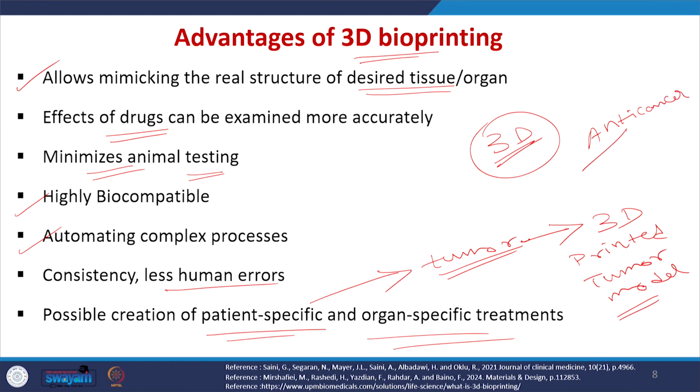For example, you are having anti-cancer drugs of two types, A and B, and we can study the efficiency of these anti-cancer drugs on this 3-dimensional tumor model, and suppose if the anti-cancer drug A is efficient, then we can give this particular drug to the particular patient. So, in this way we can improve the efficiency of the cancer therapy. We got the overall idea about the bio ink. Now, let us learn about the 3D bioprinters.